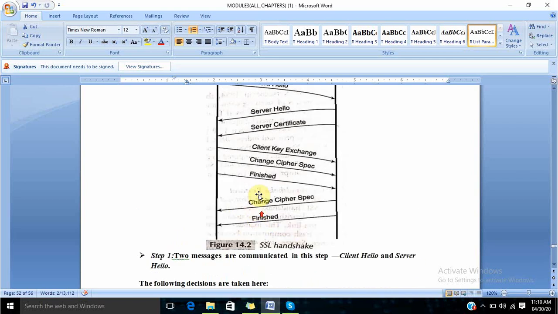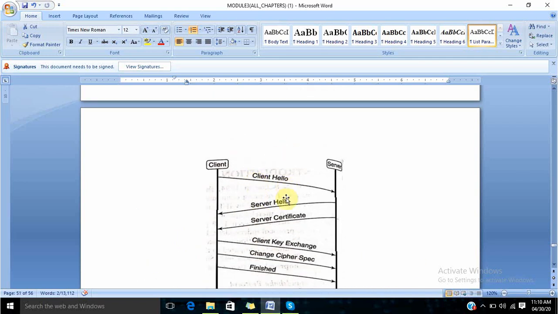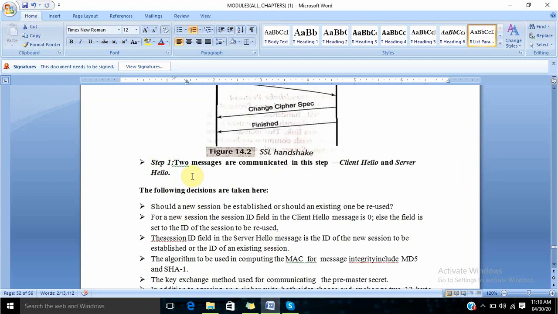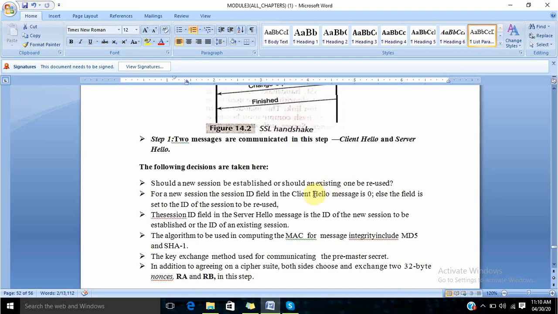Let us understand these steps in a little more detail. In the first step, two messages are communicated, client hello and server hello. We have already discussed that. Here it is decided whether we need to start a new session or reuse an existing session.